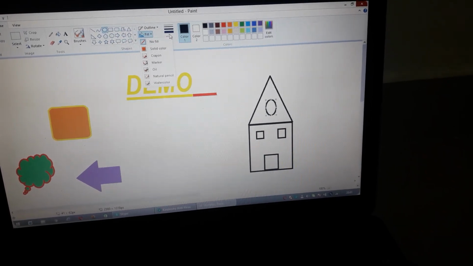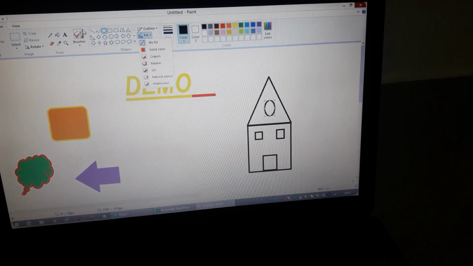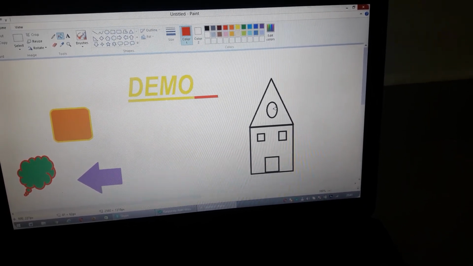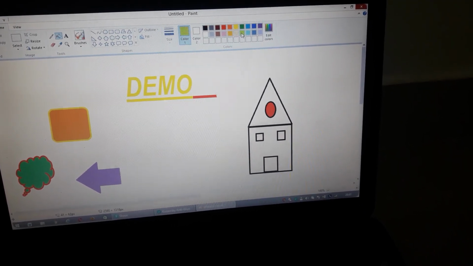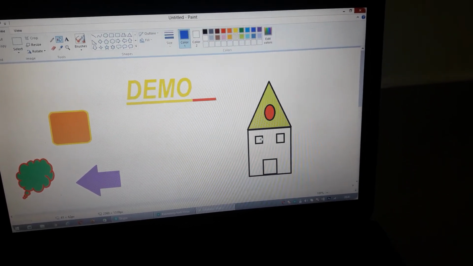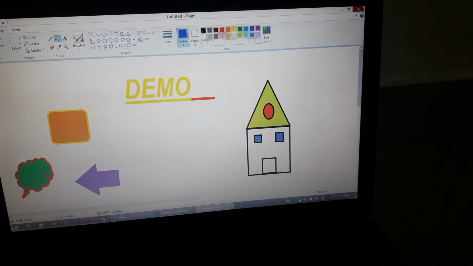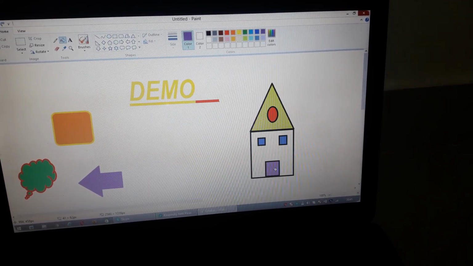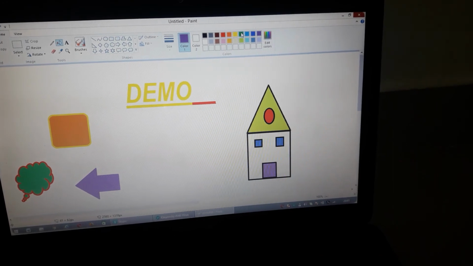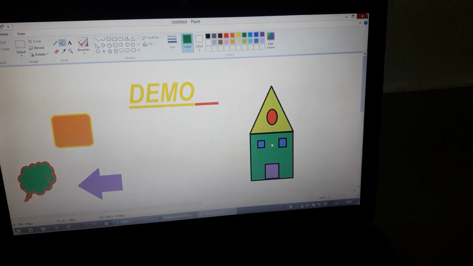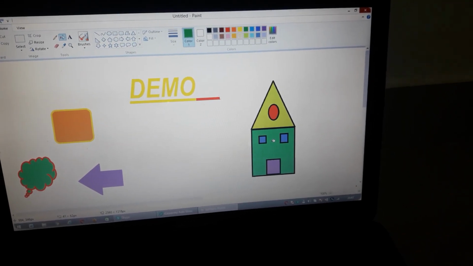If you help out your children, they will really enjoy this software. You can download the software for your children. They will have fun working on the computer. Nowadays, children are getting addicted to TV or watching videos. So instead of that, they can spend some time drawing on the computer.